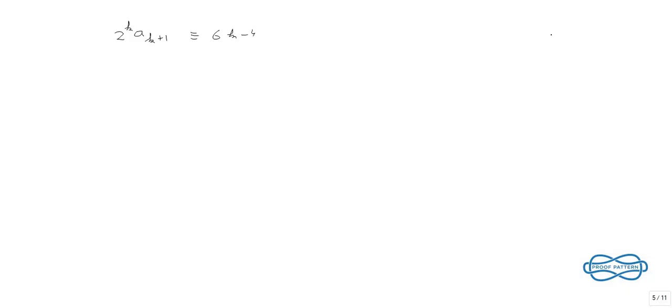After simple calculation, 2k minus 2 square k minus 1 is actually equal to 6k minus 4 mod 5,